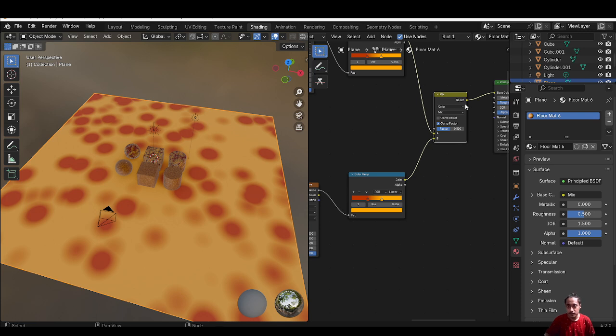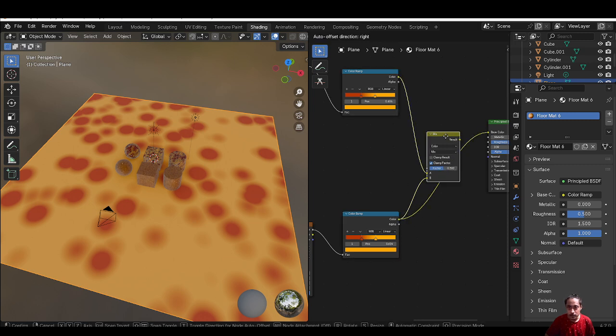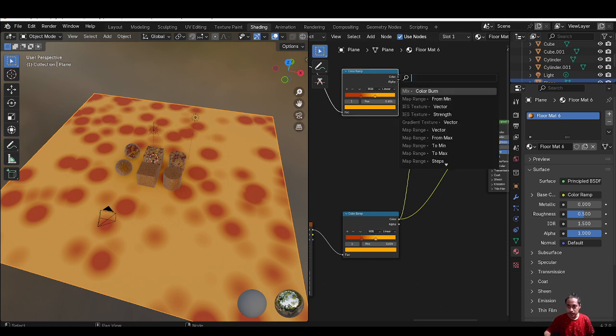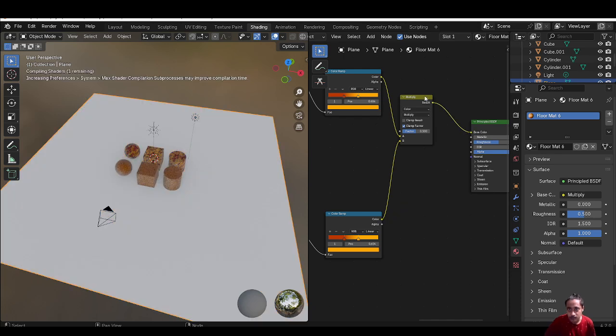If we put this color directly over here, you would see this, and if I put this over here directly, you would also see the same thing. But now if I just change this blending mode to multiply